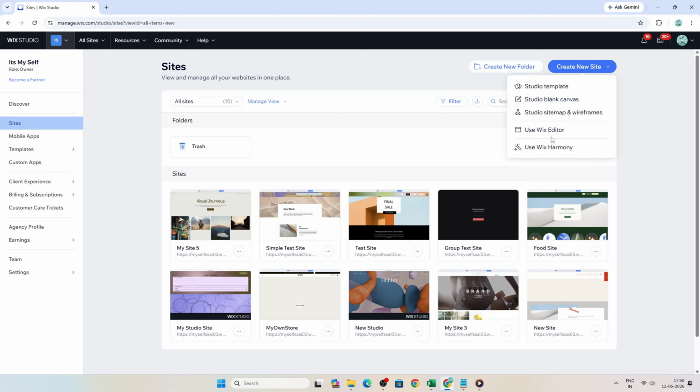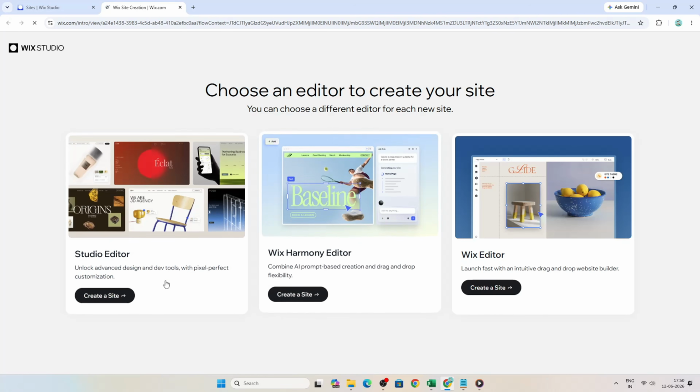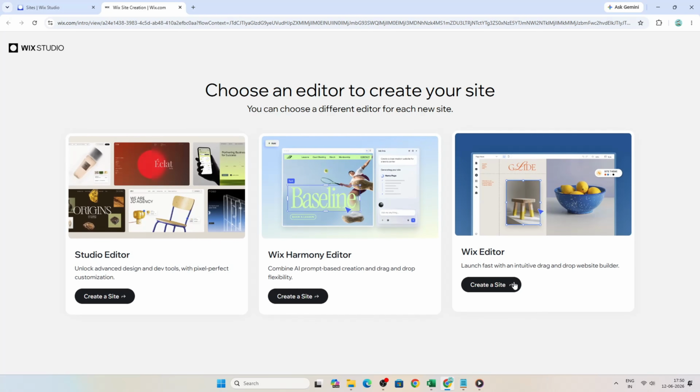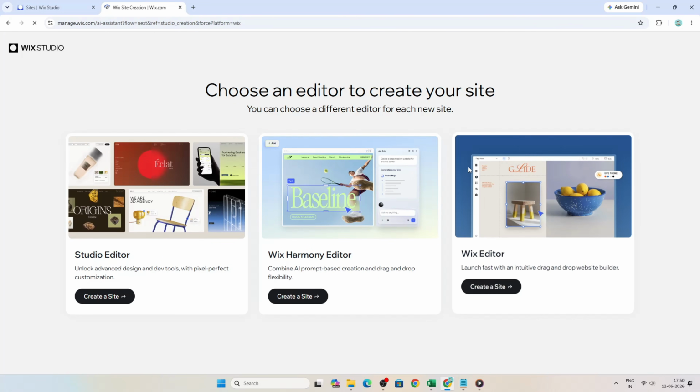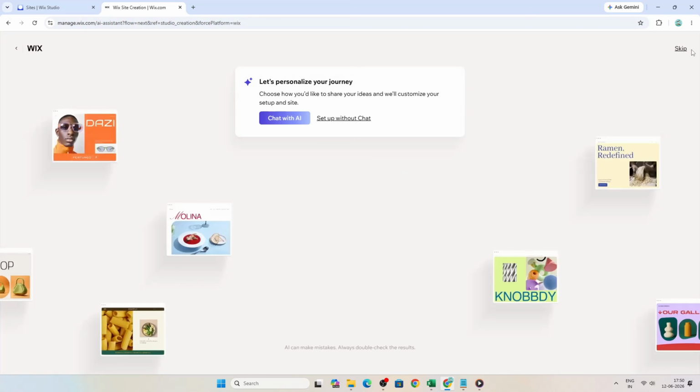At this stage, you'll be asked to choose between the Wix editor and the Studio editor. After that, Wix may ask whether you want to create your site with AI or without it. For this walkthrough, go ahead and skip that option so you can build the site manually and have full control